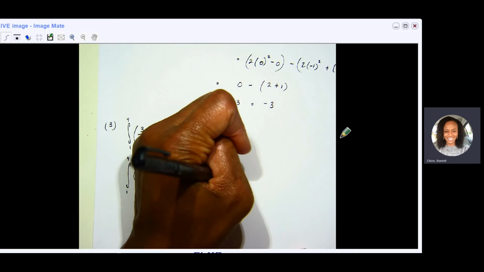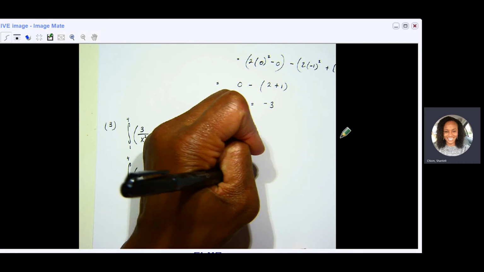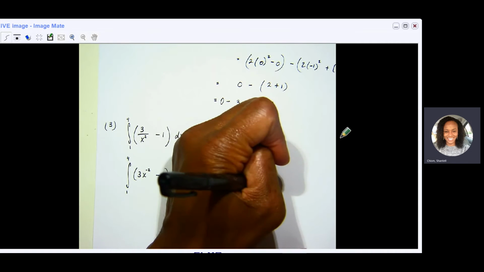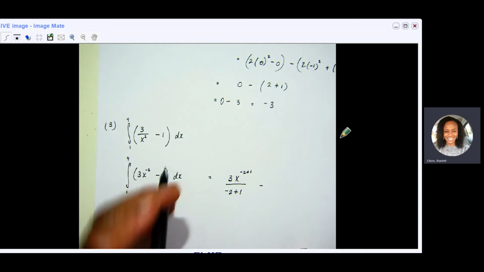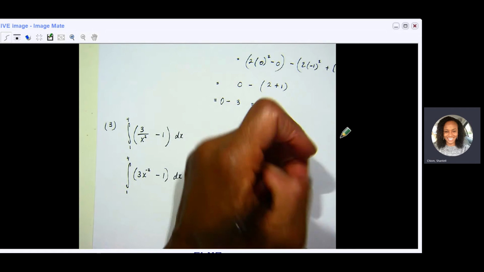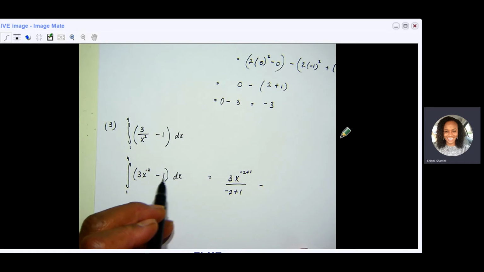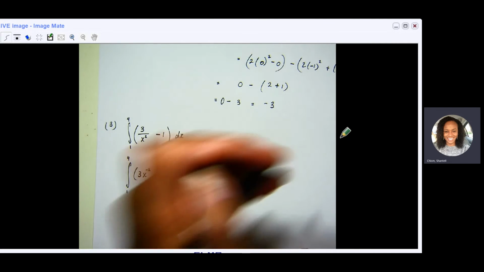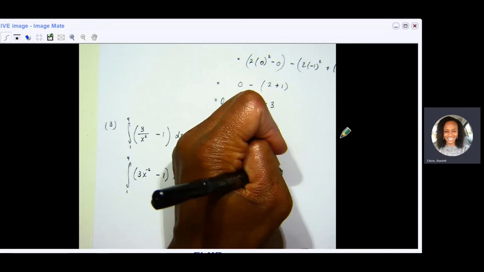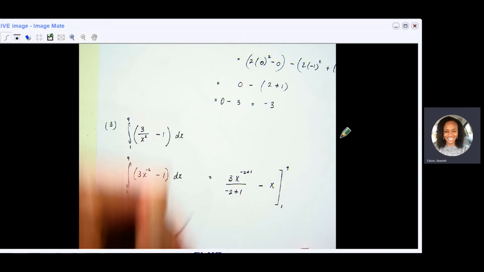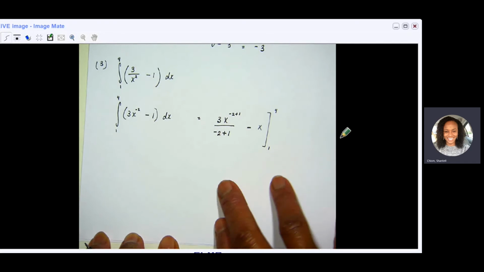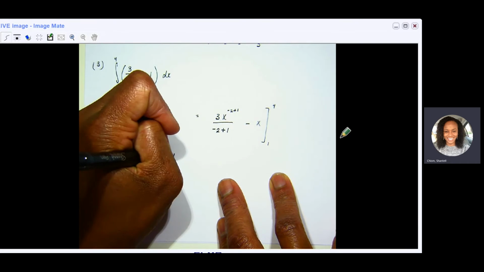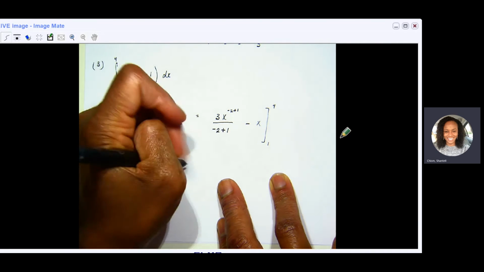So 3x to the -2 plus 1 over -2 plus 1, and then minus 1x, because integrating a constant becomes that constant times a variable, the variable x, with respect to dx, so it becomes x. And we are evaluating that from 1 to 4. Now we'll clean that up. So this becomes 3x to the -1 over -1 minus x